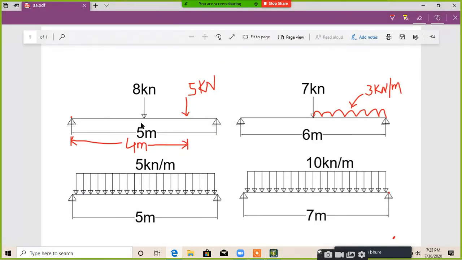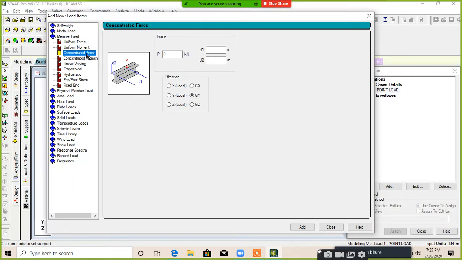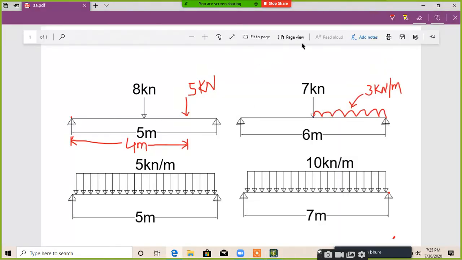The load is a point load or concentrated force. So we have to take a concentrated force. Provide a value of -8. If the load is applied in the downward direction, we have to take a negative sign. Okay.